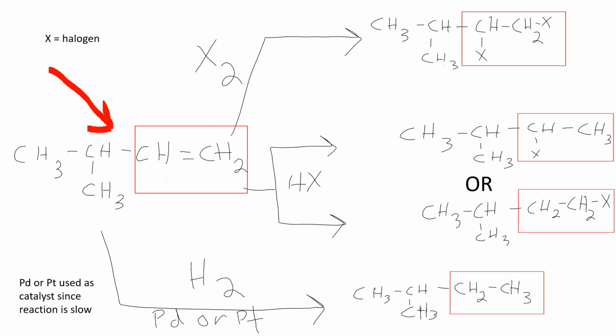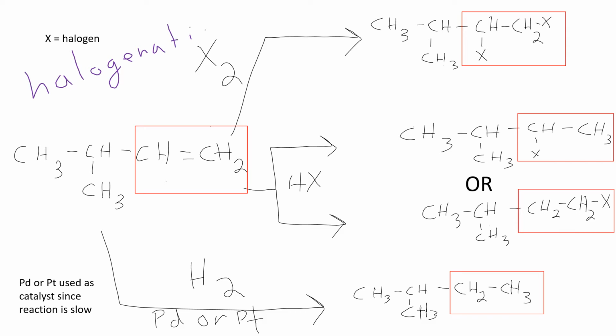So we want to look at that alkene on the left-hand side of the screen. Now, what I did is I boxed in the functional group. In that red box, you see the functional group. And that's where we're going to see all of the changes happening. So the first type of reaction that we want to look at is the one going across the top. And the one going across the top is sometimes called a halogenation. So across the top here, we're going to do a halogenation.